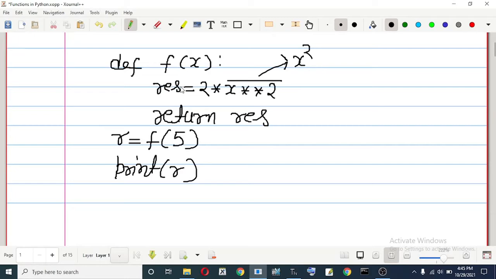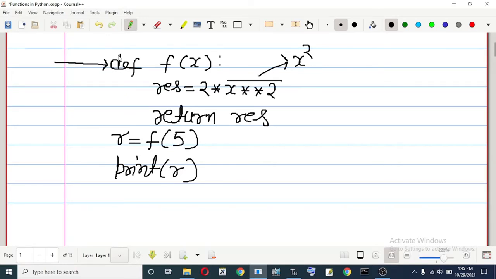See how this function will work. First of all, the Python interpreter will see def. If you want to define a function in Python, you have to use the def keyword.